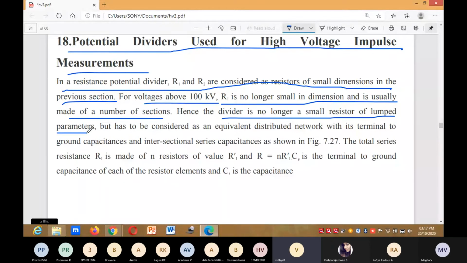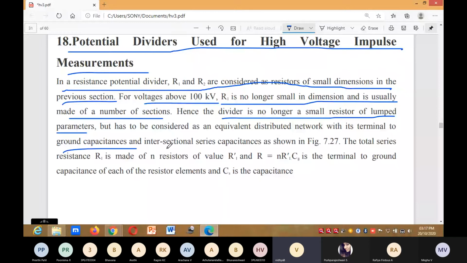Lumped parameters, you already read in the AEC subject. What are lumped parameters? Many elements, many parameters, maybe resistance, capacitance. If you take many resistances connected in series or parallel, that we call lumped parameters. But here we consider an equivalent distributed network with its terminal